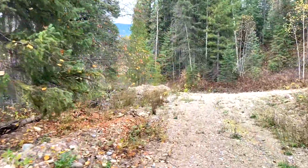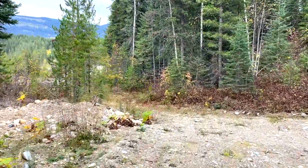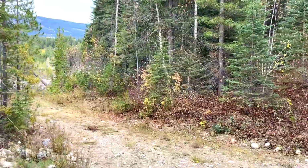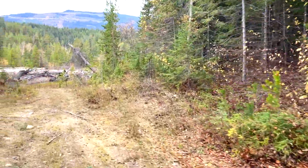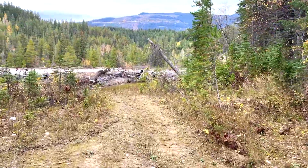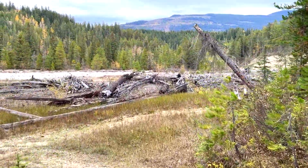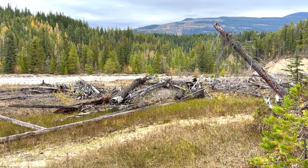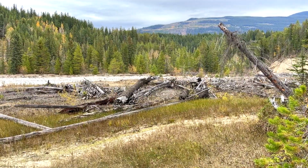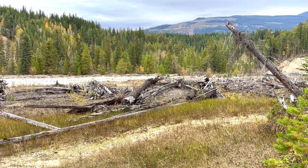The property is on both sides of the road at this point, but there is also a piece of landlocked crown land there that the property wraps around. So the only access to it is via the property. So you've got kind of exclusive use of that piece of crown land there. So I'm going to park here with the truck and not go too close to the river, and just take the camera and walk along